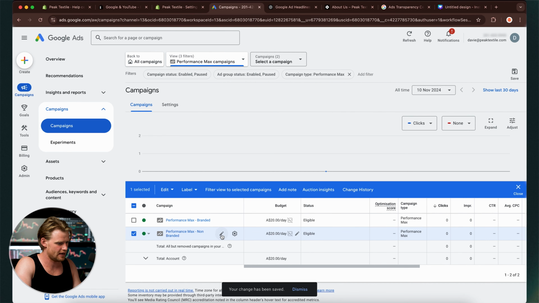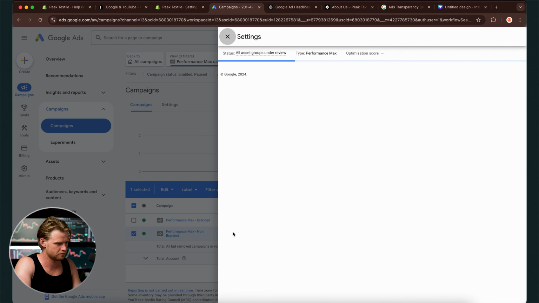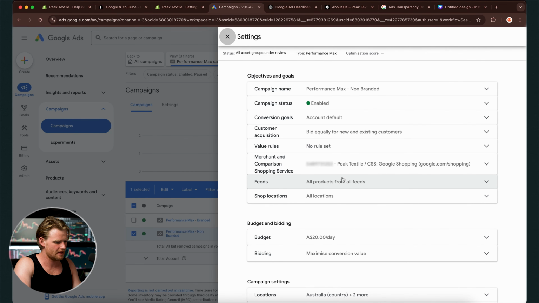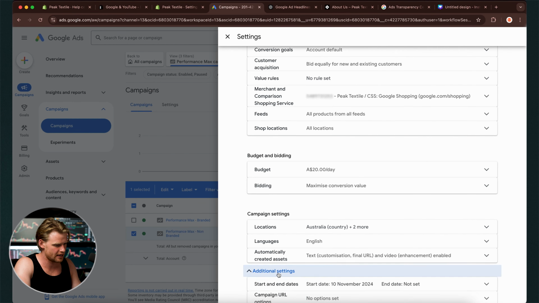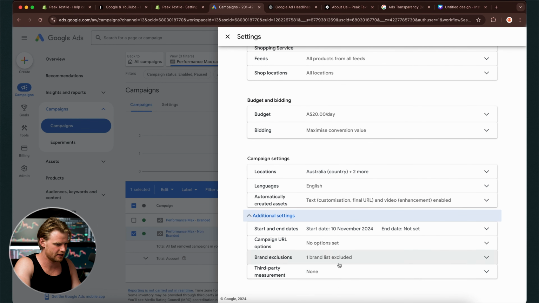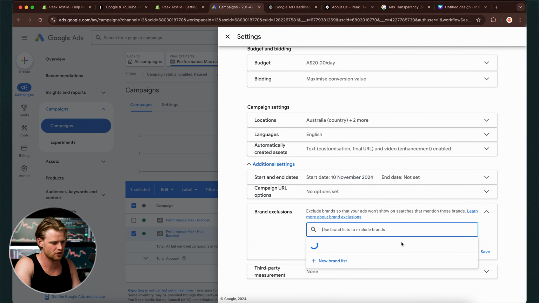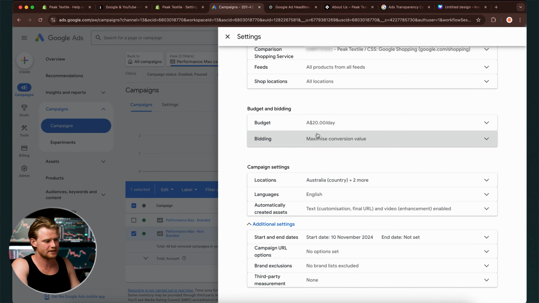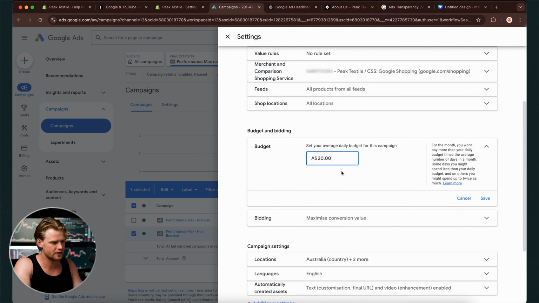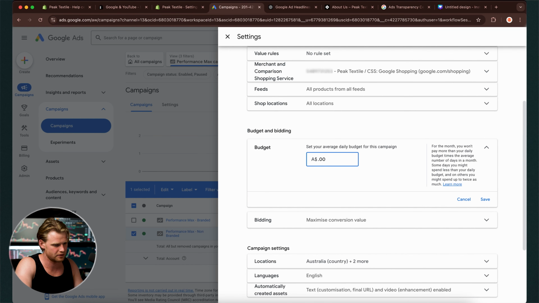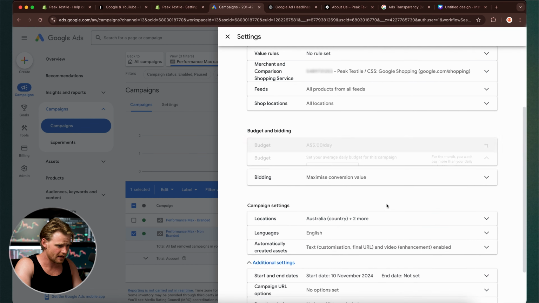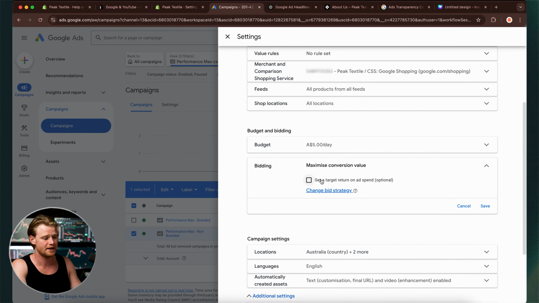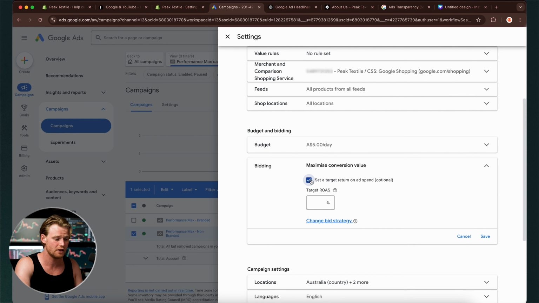Then I'm going to edit the campaign. Then I'm going to come down to additional settings, and I'm going to click this brand exclusions. I'm just going to remove that, and I'm going to click save. Now, one thing I could do is come into this budget and bidding, and I'm just going to change this to be far less budget, $5 a day. And I also could come into this and change the target return on ad spend, like I was talking before, to a much higher level, like